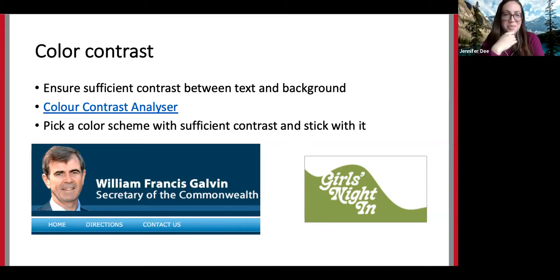So I'm going to ask Catherine to take the reins for a moment. I'll stop sharing, and she's going to do a little demo of using that color contrast analyzer.